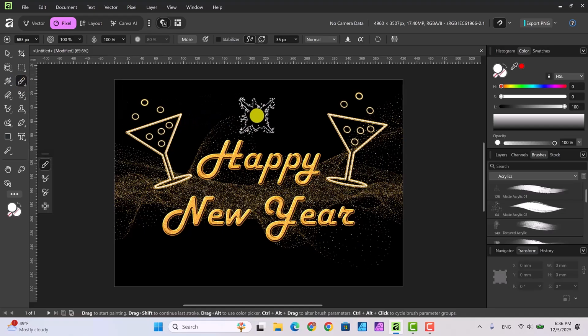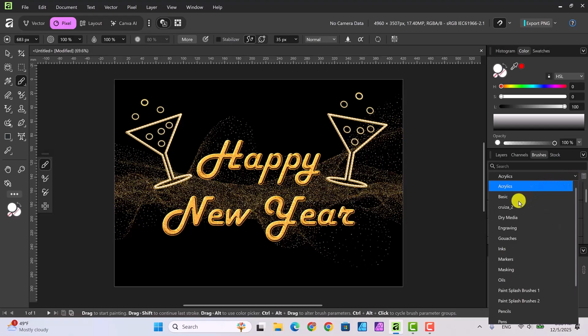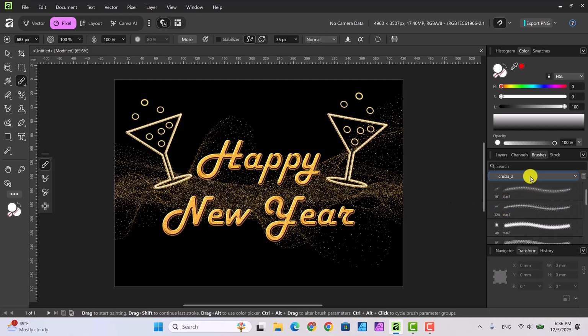It has already selected the brush that I used last, which is the star brush, but I'm going to show you where I got it. That says acrylics, so we want to click down on the menu, and right here it says Kritza 2. Those are my star brushes. So all of these are stars. The one that I'm using is this one,